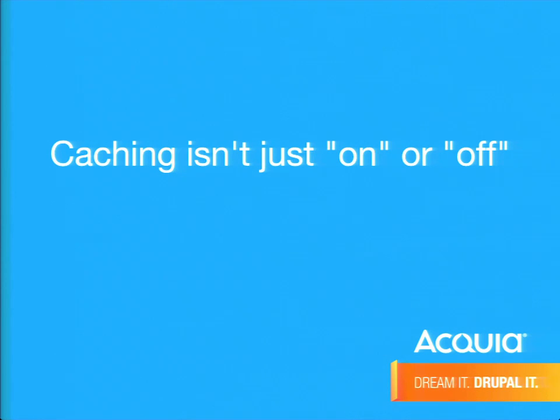All right, so caching isn't just about turning on caching. Caching isn't just about going to Drupal's performance configuration page, checking a couple boxes, and hitting save. A good cache strategy isn't a binary decision. Over the next few slides we're going to talk about 4 different criteria that define cache effectiveness and can help you make decisions about how to cache things on your site. We're even going to talk about instances where caching doesn't make any sense, or it'd be a bad idea to try and cache something.